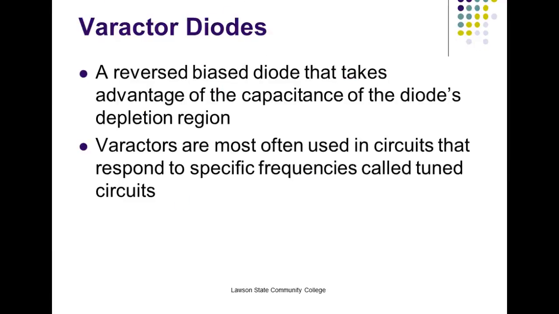A reverse bias diode that takes advantage of the capacitance of the depletion region is a varactor diode. We often use these in what we call tuned circuits. So what we've got is